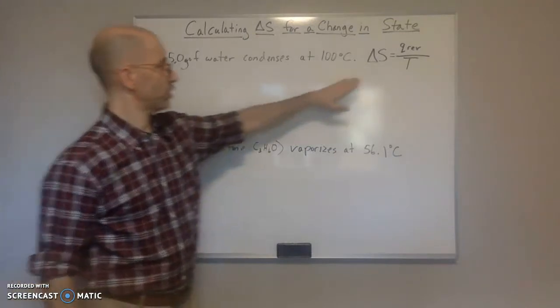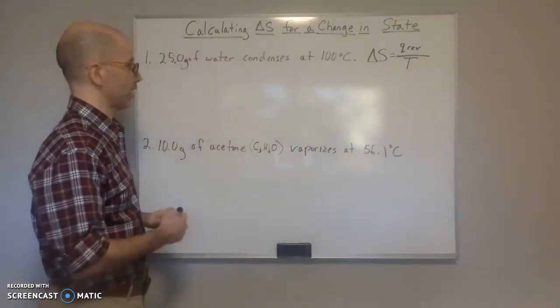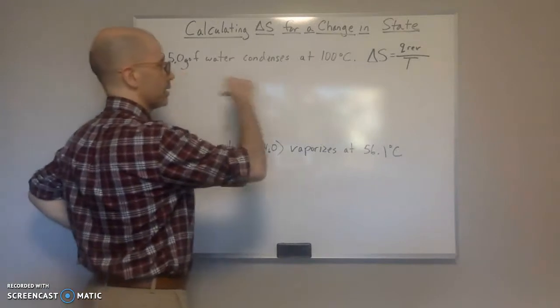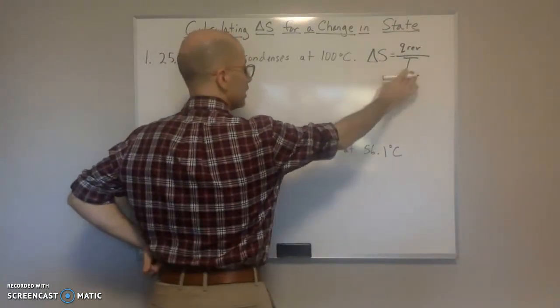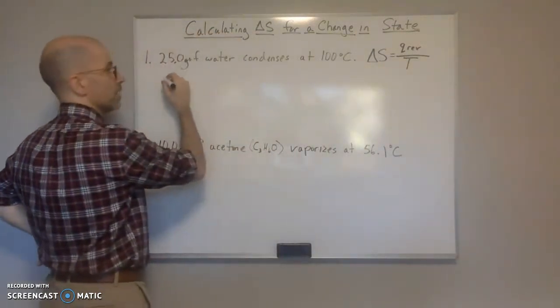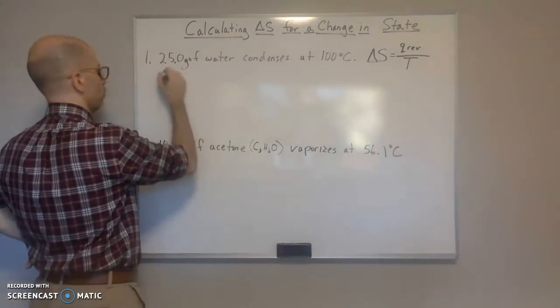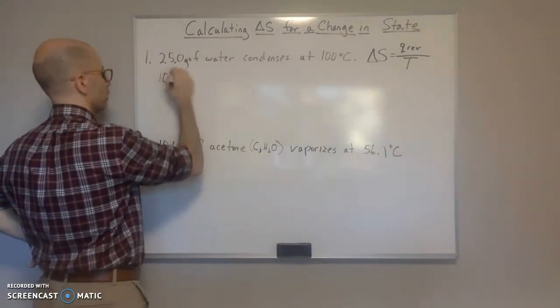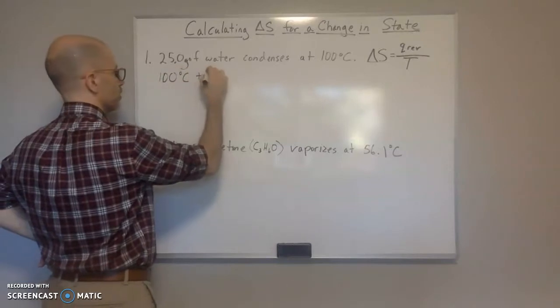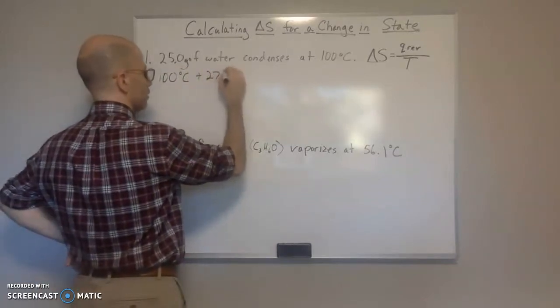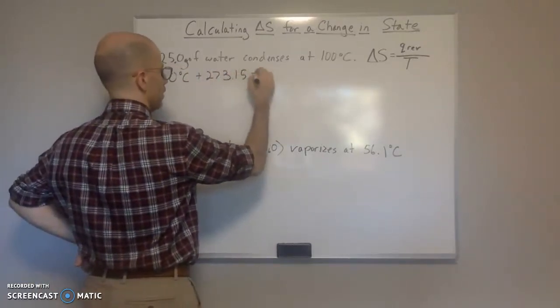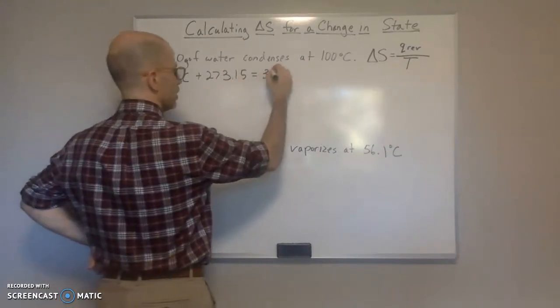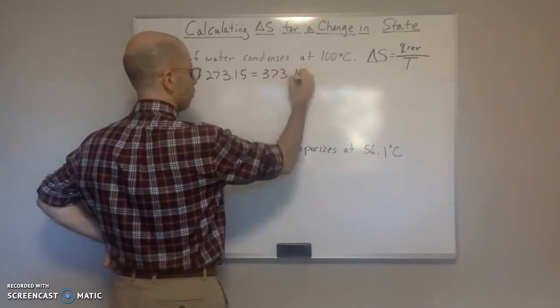All we need to do is make sure that temperature is in Kelvin. So we'll have 100 degrees Celsius plus 273.15, and that's going to give us 373.15